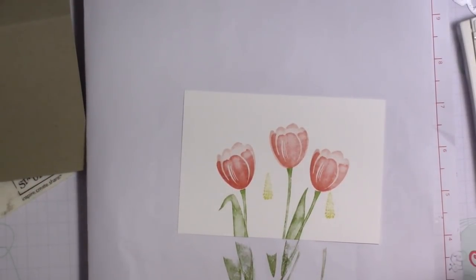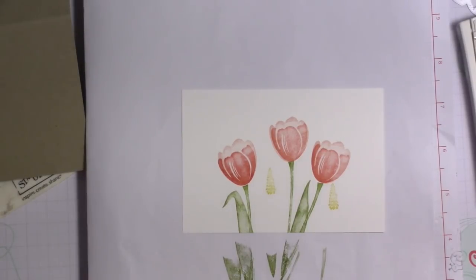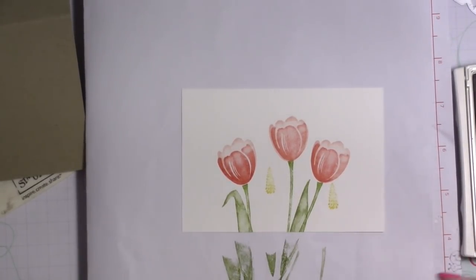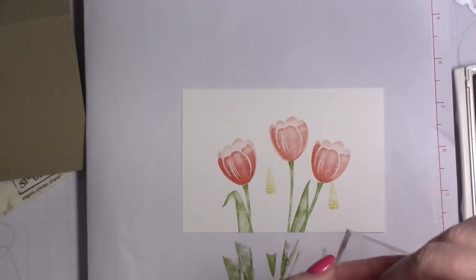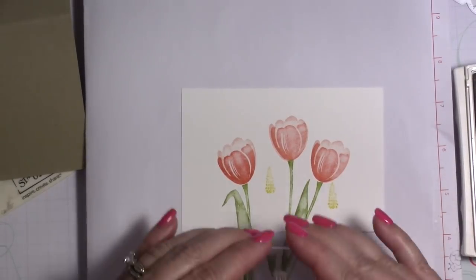Okay, so I'm just going to stamp 2 of those. I like to do odd numbers with images like this for whatever reason. I don't know what the science is behind it, but whatever I've heard is that odd numbers are pleasing to the eye. Okay, so now I'm going to come in with the stem for those 2 little flowers